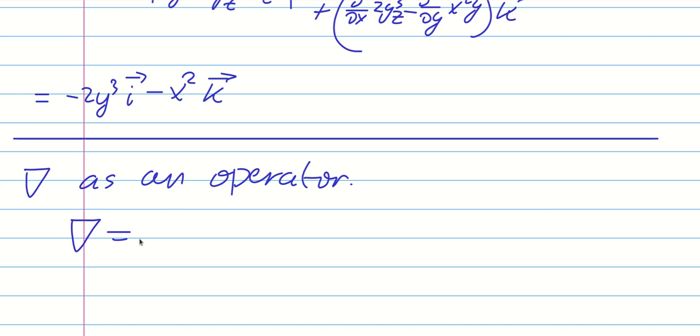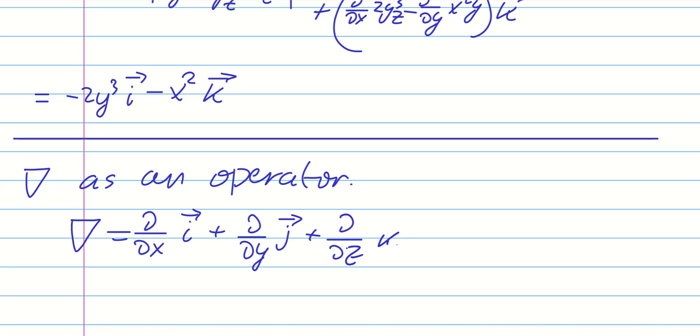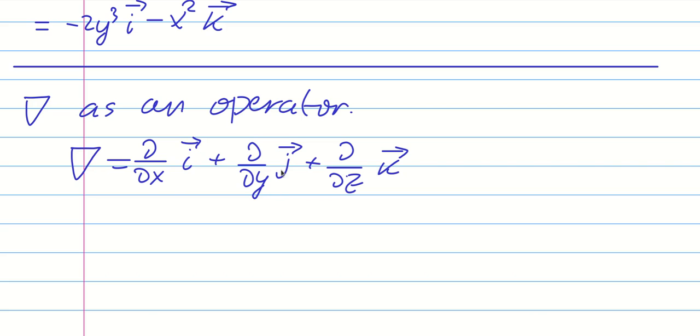We can think of gradient like this: the partial with respect to x i plus the partial with respect to y j plus the partial with respect to z k. And basically, if we have a function phi that is a function of x, y, and z,